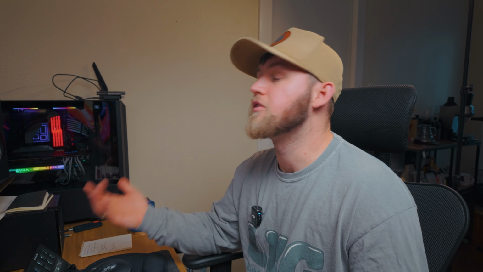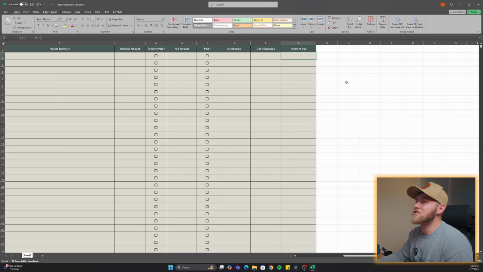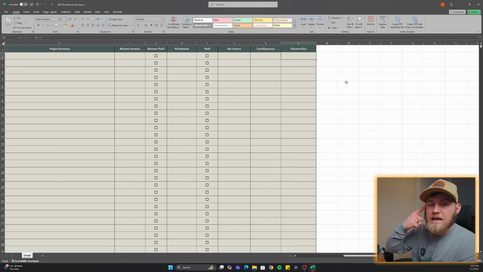And then I have the payment due, like when is the payment due? I'm going to add on another column here that's going to be a checkbox, and it's going to be RAID array and Backblaze. Basically, where is it backed up? And I do that just so that I know, okay, I can delete it if it's been put on here, and it's on Backblaze, I can format the card, or I can delete it off my